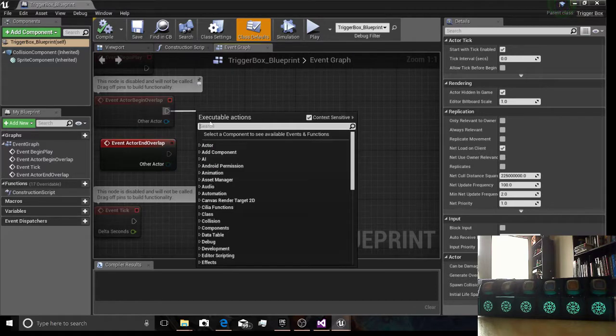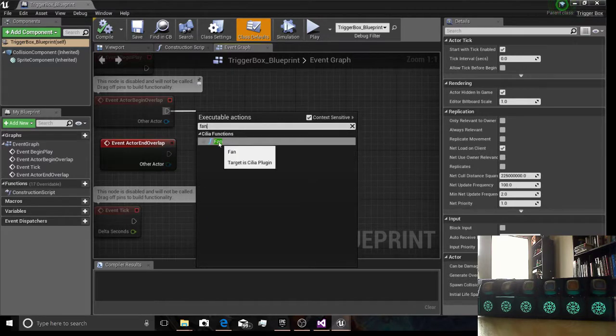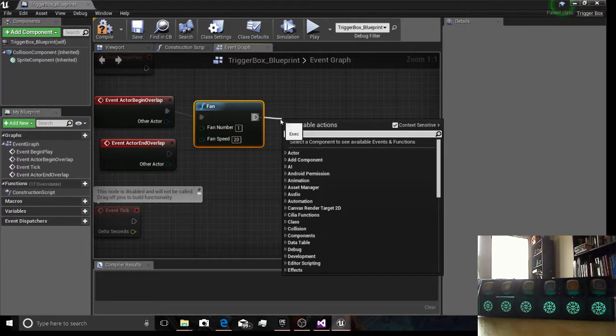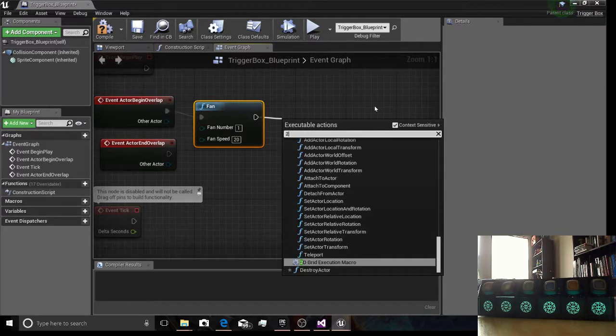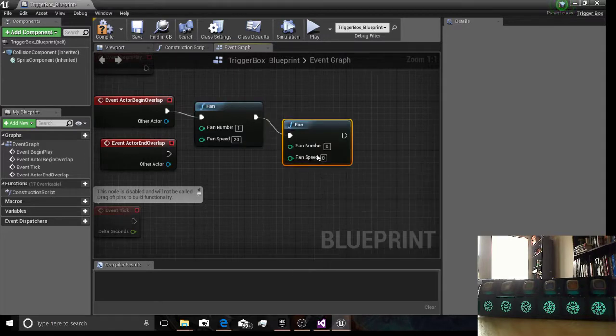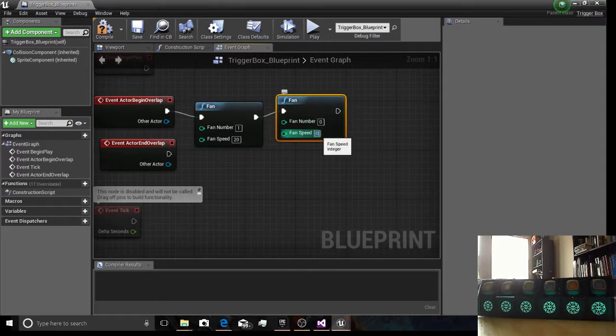So how about on this one, we just try to turn on lots of things. So let's set this one like a speed of 20, and then we'll set fan 2 to a speed of 50,